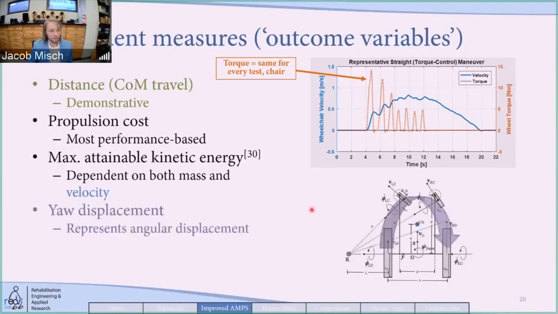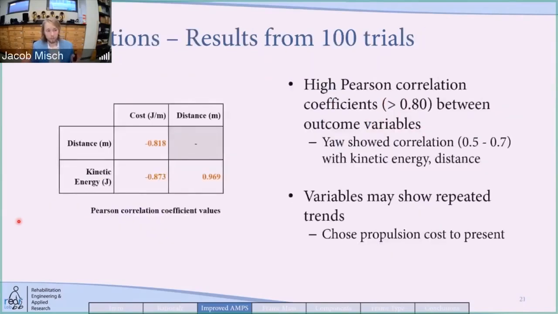And finally, the last one is very specific to just the slalom or the turning maneuver, is the yaw displacement. And you can think of this as just, I'm sitting in a nice rolly chair right now. So as I turn, my heading direction changes. That's an angular yaw displacement about my vertical axis. So rather than presenting all 4 of these metrics, however, we wanted to kind of summarize everything and make it as concise